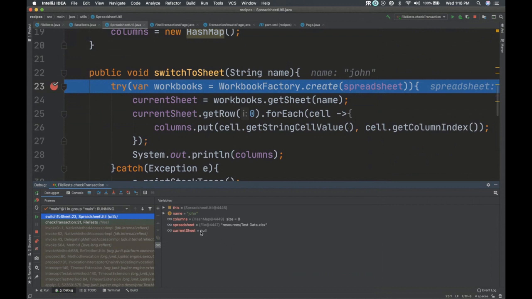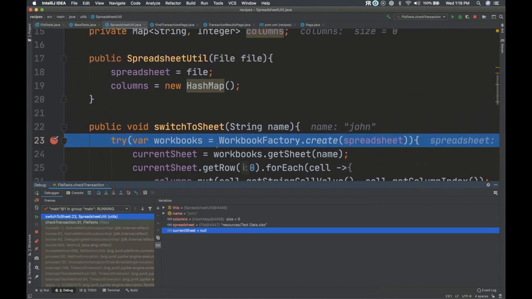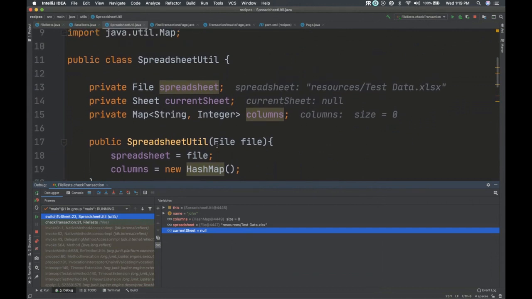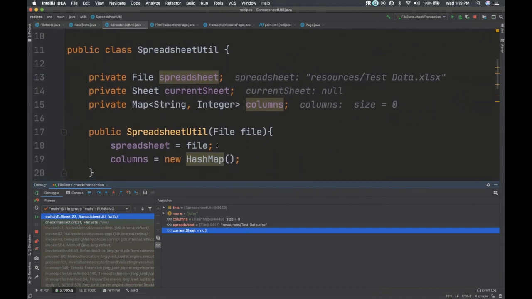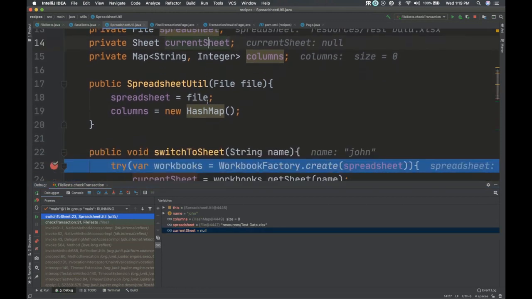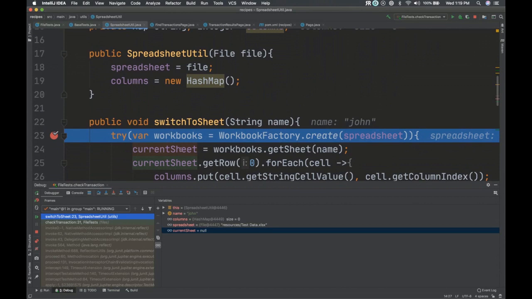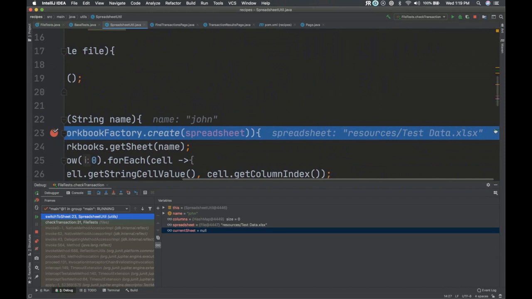Oh, current sheet is null. That's not good. All right, so something is way off. Let's see where we messed up. Okay, I was excited like a murder mystery, but now I'm not excited because that's whack. Current sheet. Did we ever set this? We must, yeah, we set it right here. Okay, so we said create this. And this is a thing, yes.